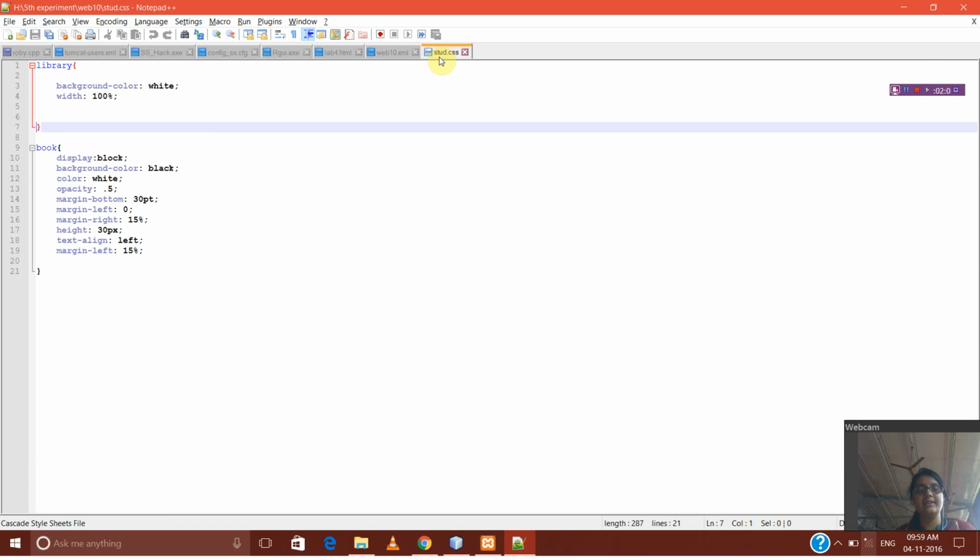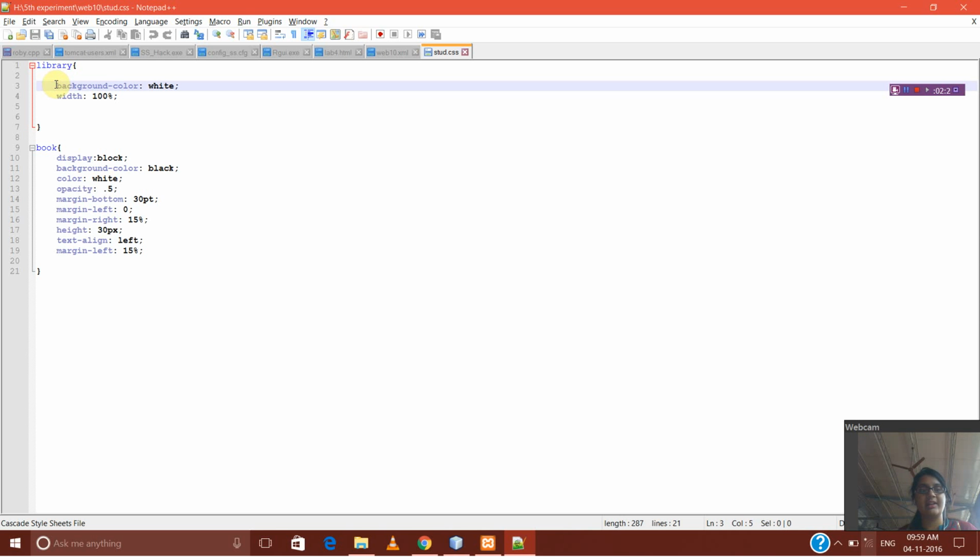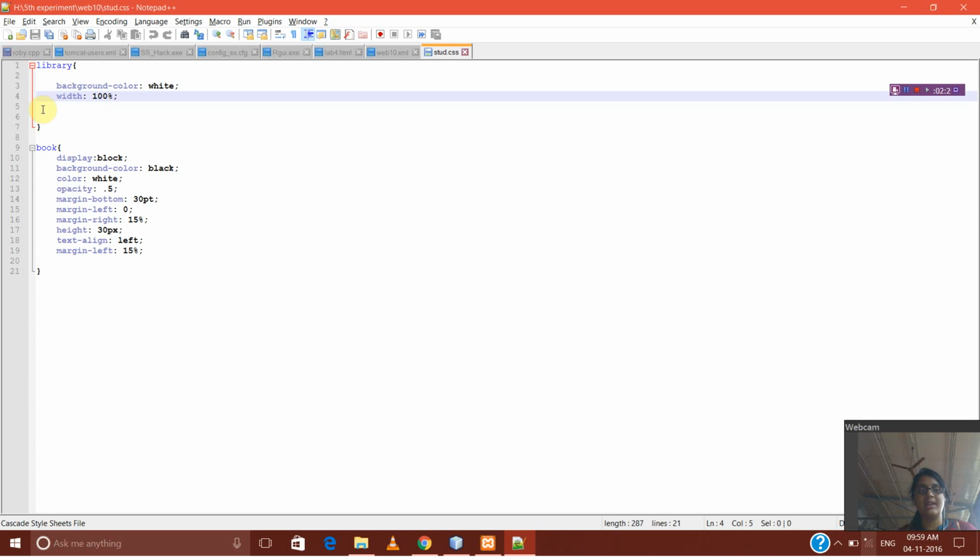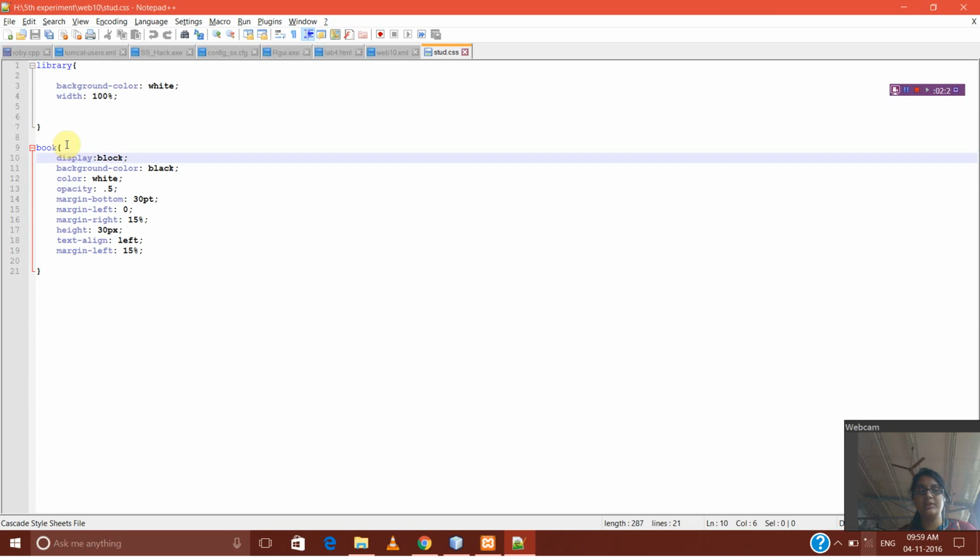The CSS file contains library. In that library, a background color and the width are mentioned. A CSS file is used to enhance our HTML file, and over here we are using the CSS file to enhance our web page. The background color is given as white and the width is given as 100. We'll close the library. Now for the book, we are using display, background color,